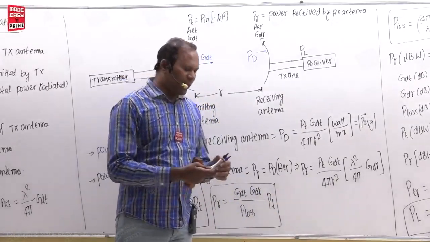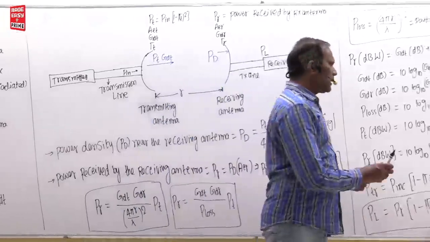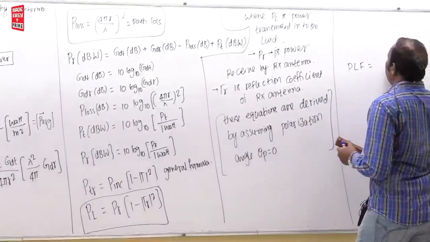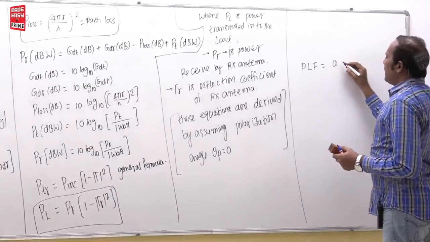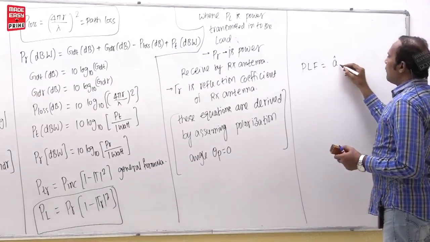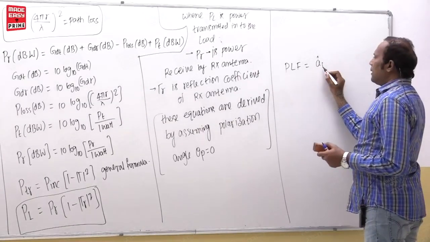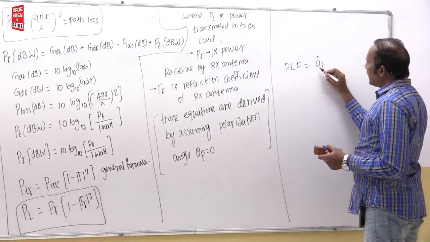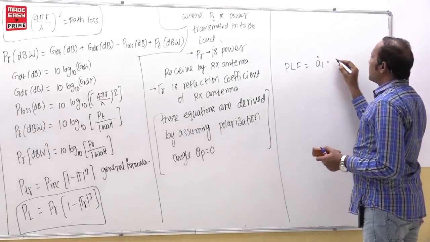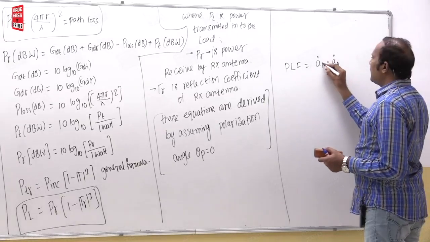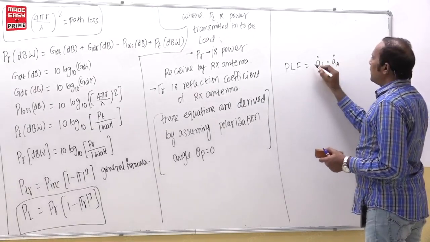The polarization loss factor is defined as the unit vector of the incoming wave electric field dot product the unit vector of the antenna electric field,